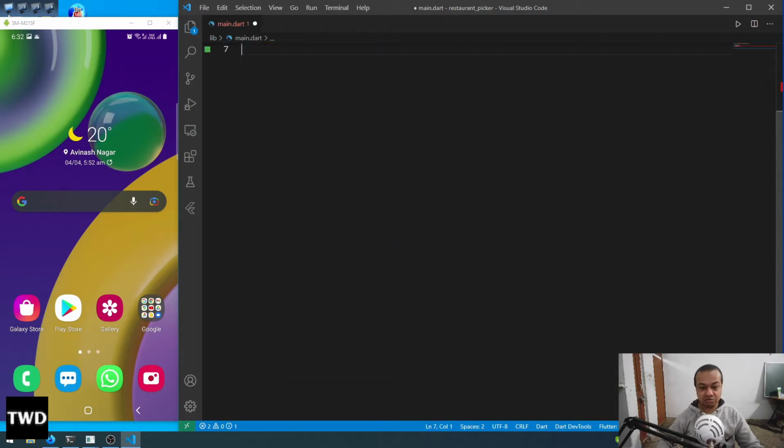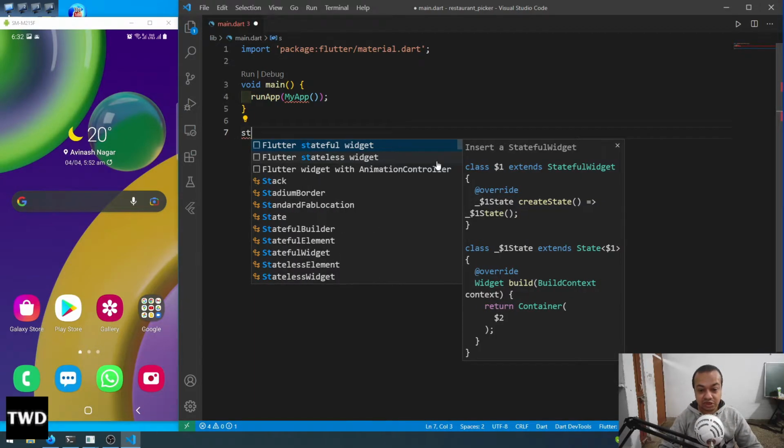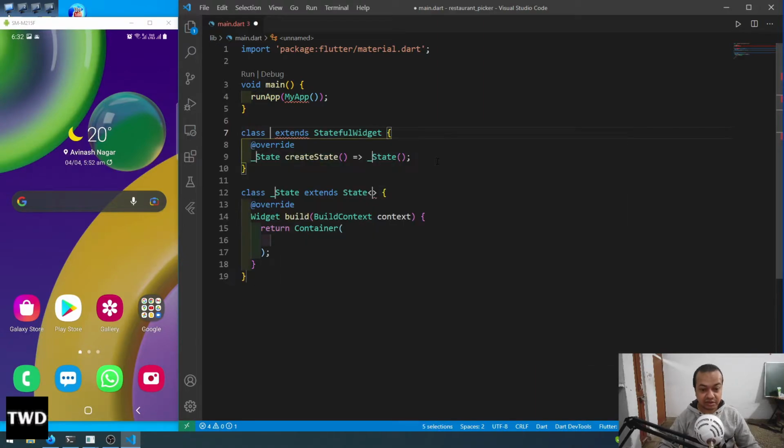So generally what I do, I remove everything like this, and then we want a stateful or stateless widget. There are two types of things. I will do the stateful one. For a stateful widget, I type st, it will come up, and then I do a tab and it will open that, and then I will give it the name my app. Exactly the same thing. Then I will save it. Let's make a bit more, then we'll start our app, because it takes around 1 or 2 minutes to start. But we are going to have a material app,